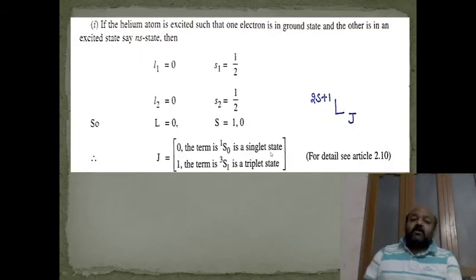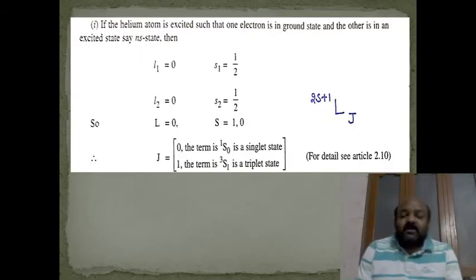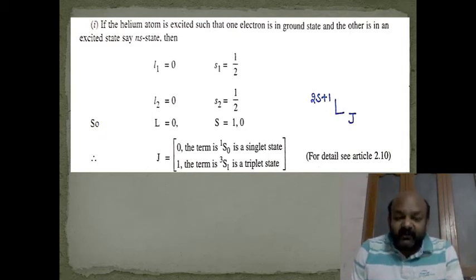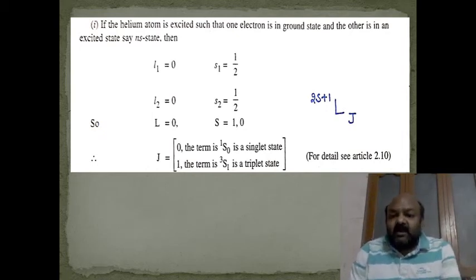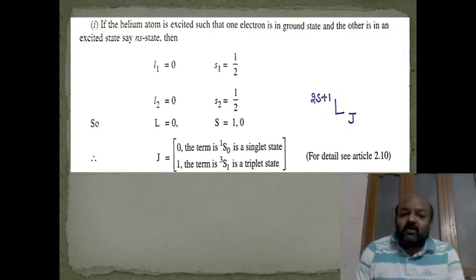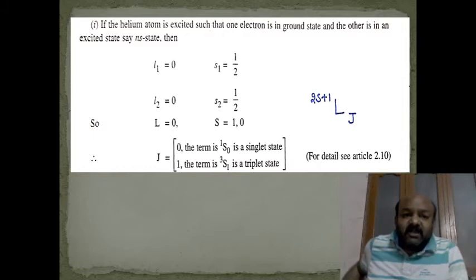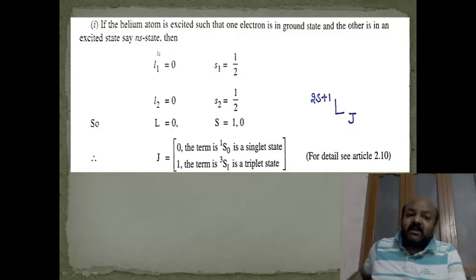So now we try to excite one of the electrons of helium to higher states. We can excite one electron to any of the higher orbitals. In the first case, assume that the electron is excited to a higher S state, any of the higher S states. The first electron will remain in the S state, and the second electron is excited to an S state. For the first electron, L1 is 0. For the second, as it is again excited to an S state, L2 is also 0. So again, by applying coupling L1 plus L2, capital L will be 0.